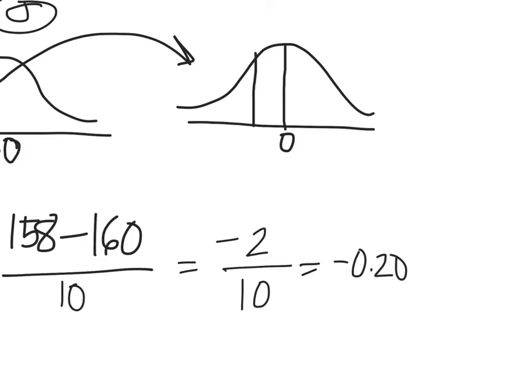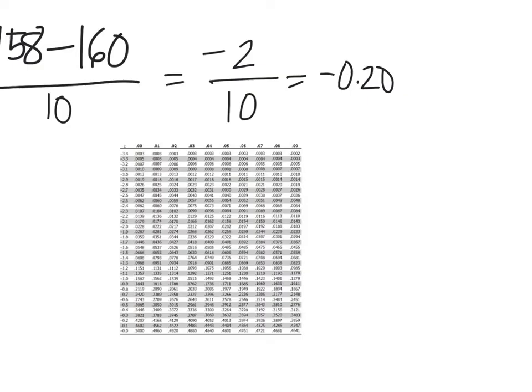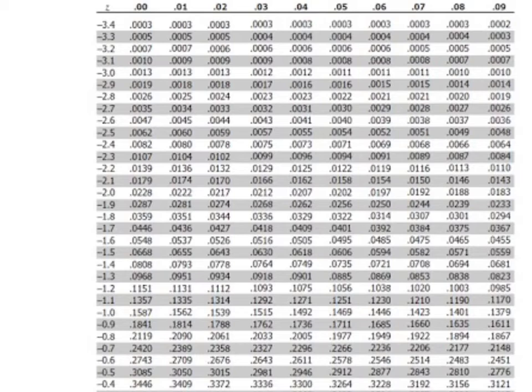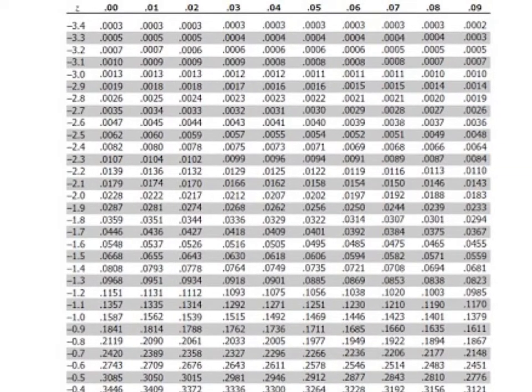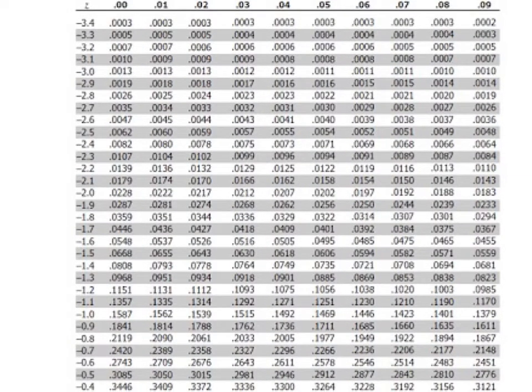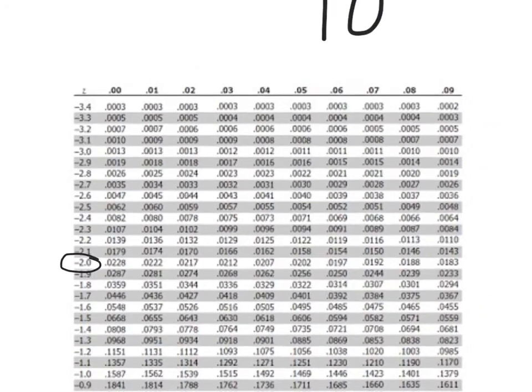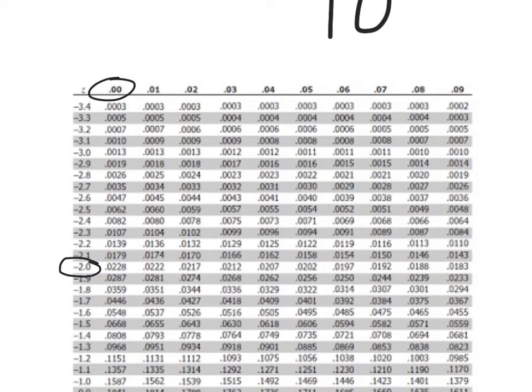Okay, so now that we have the z-score, we have to refer to the z table. Take negative 0.20 as negative 0.2 and 0.0. Negative 0.2 is located here, so let's locate our negative 0.2. And then 0.0 is here. So actually this is the first value,